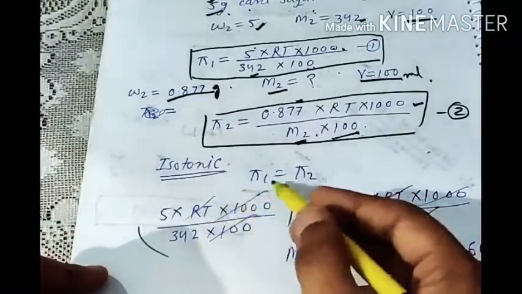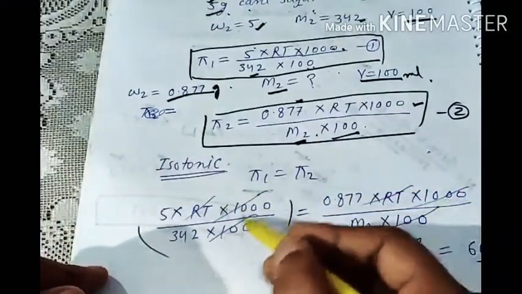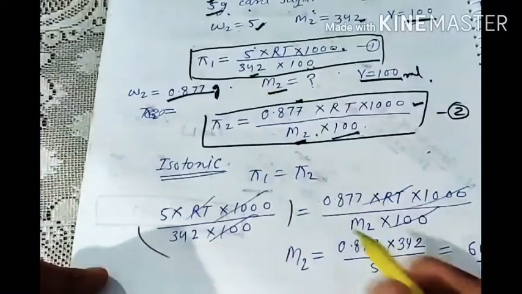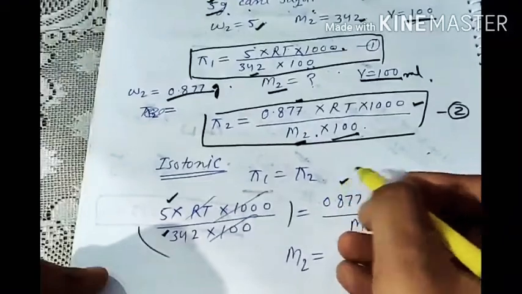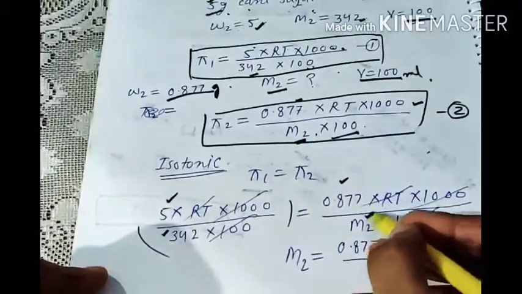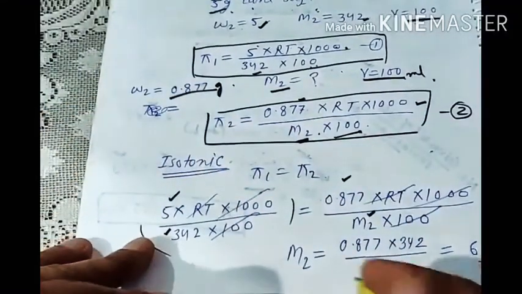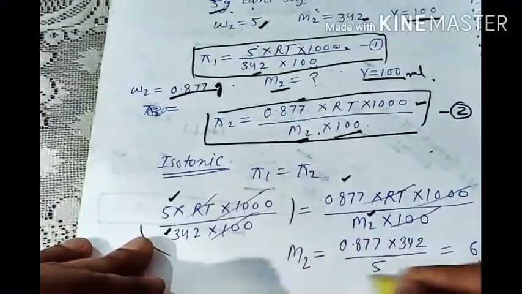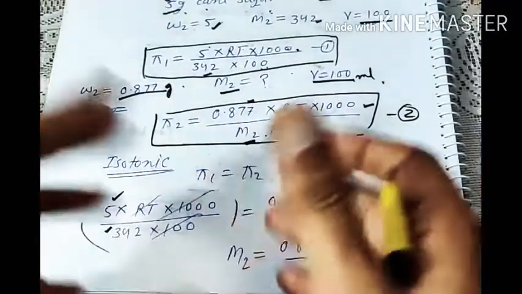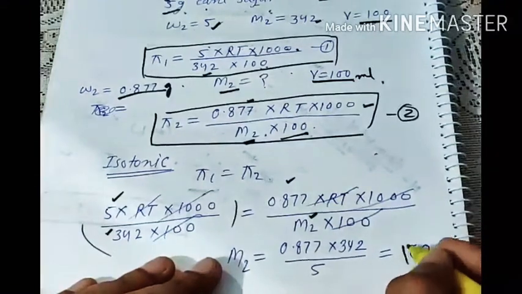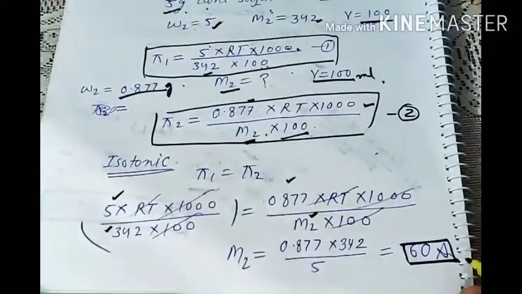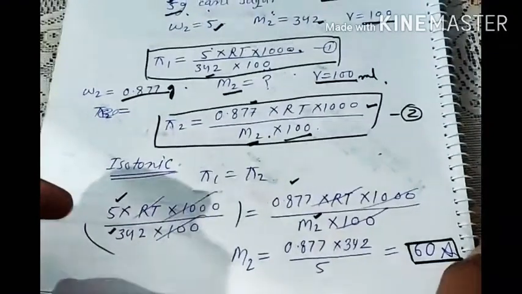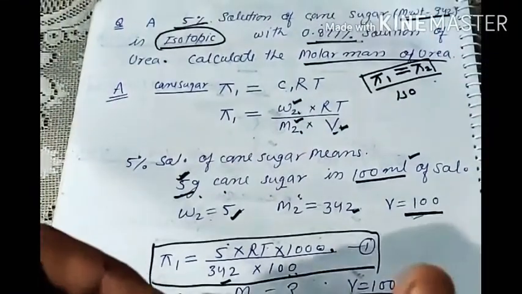RT से RT कैंसिल हो गया, 1000 से 1000 कैंसिल हो गया, 100 से 100 कैंसिल हो गया, सब कुछ कैंसिल हो गया। बचा क्या? ये 5 बचा, ये 342 बचा, 0.877 बचा और बाई M2 बचा। इसकी क्रॉस मल्टीप्लिकेशन की, और क्रॉस मल्टीप्लिकेशन के बाद हमें ये मिला, और उसके बाद जब हम इसको कैलकुलेशन करते हैं, वील गेट व्हाट? द मोलर मास ऑफ द यूरिया, एंड इट इज़ 60। सो दिस इज़ वेरी इजी न्यूमेरिकल।